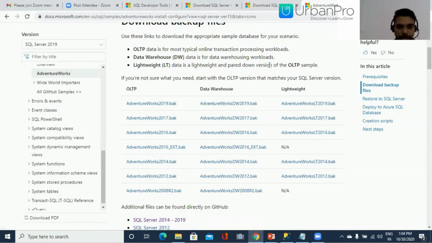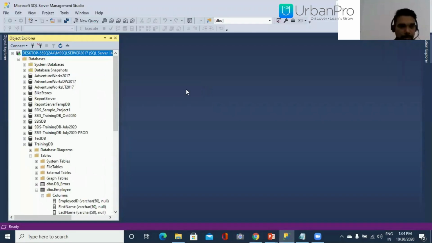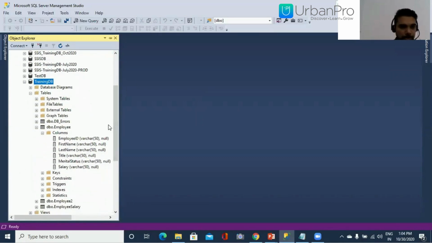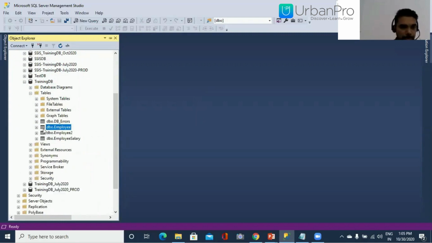So these are the prerequisites, but let's say you have installed the SQL Server and SSMS, so you can connect to the database, you can create your database here. As part of today's training or today's demo, I have created one training DB. Here I have a few tables. One table is employee, okay,